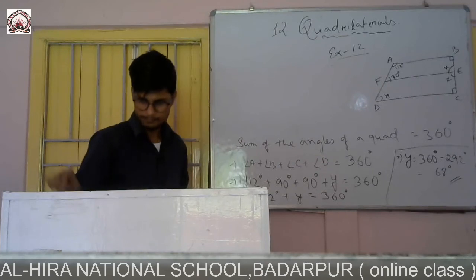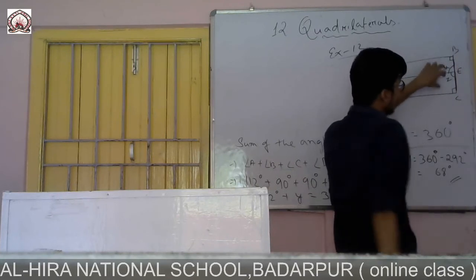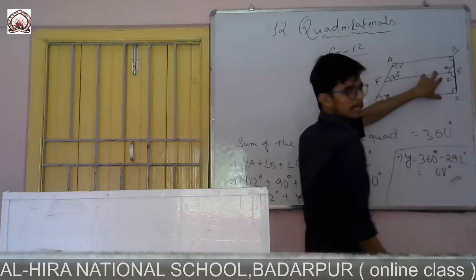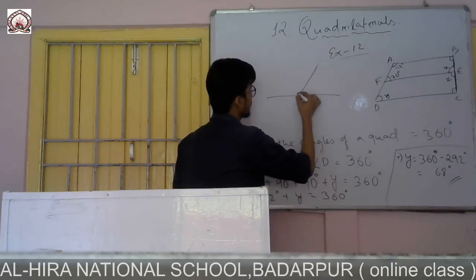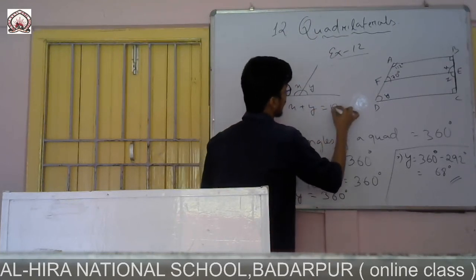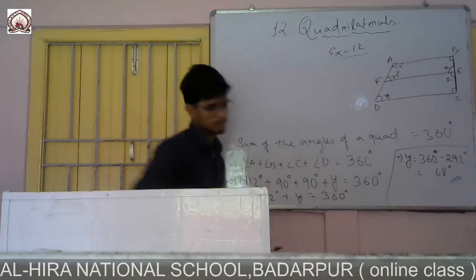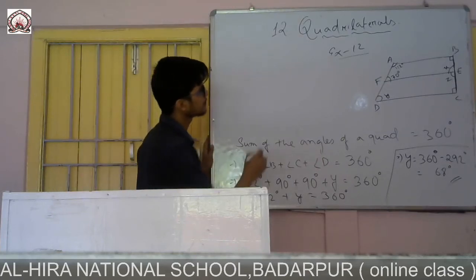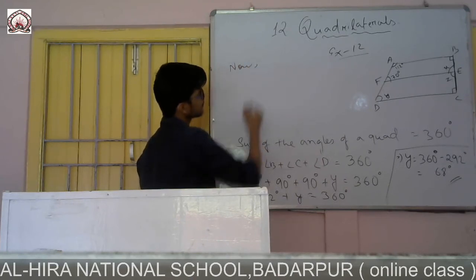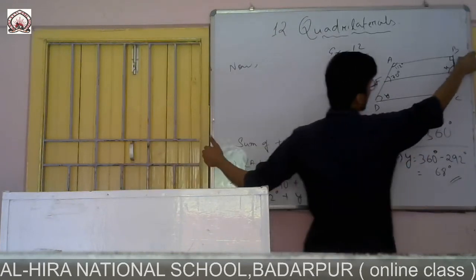You see here, this line is a straight line, it is equals to 180 degree, and angle x and angle y, these are linear pairs. Earlier I have said that if any line bisects these two lines, then these two will be the linear pair. That means x plus y will be equals to 180 degree. So we'll solve this one. Now you write, this is a straight line BEC.